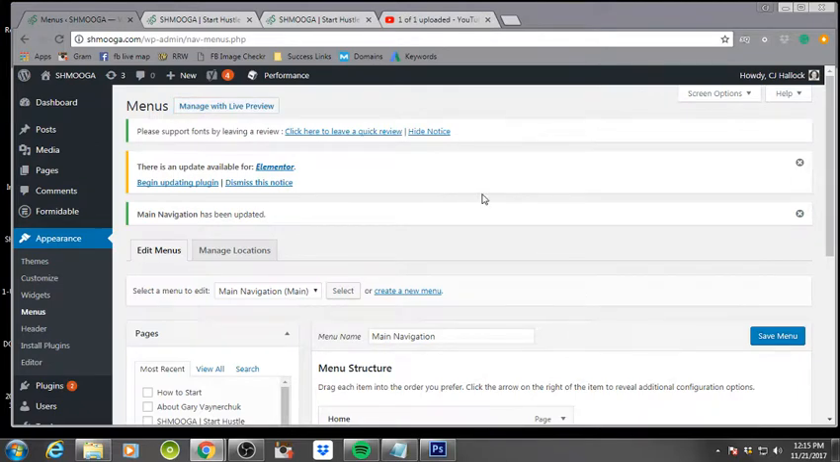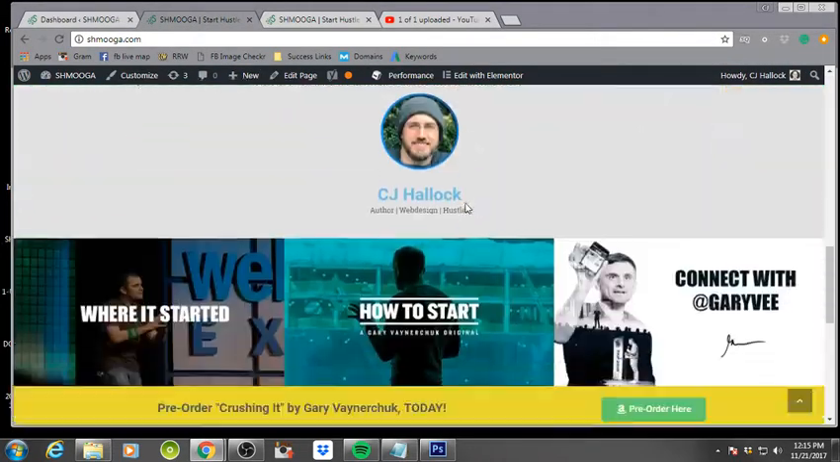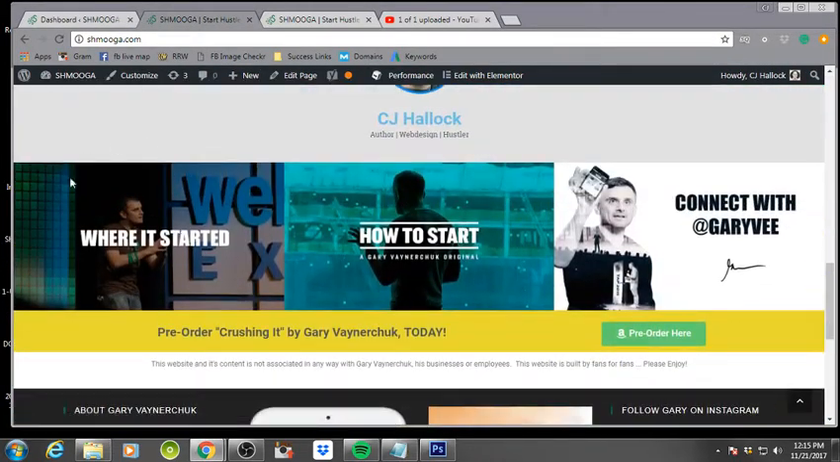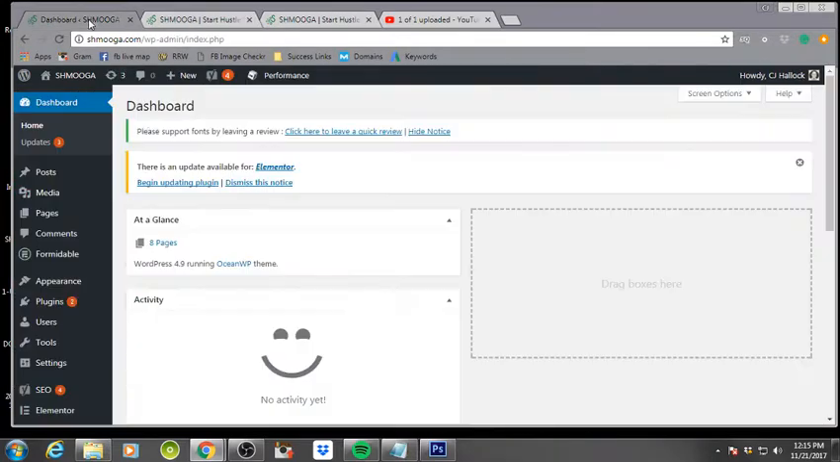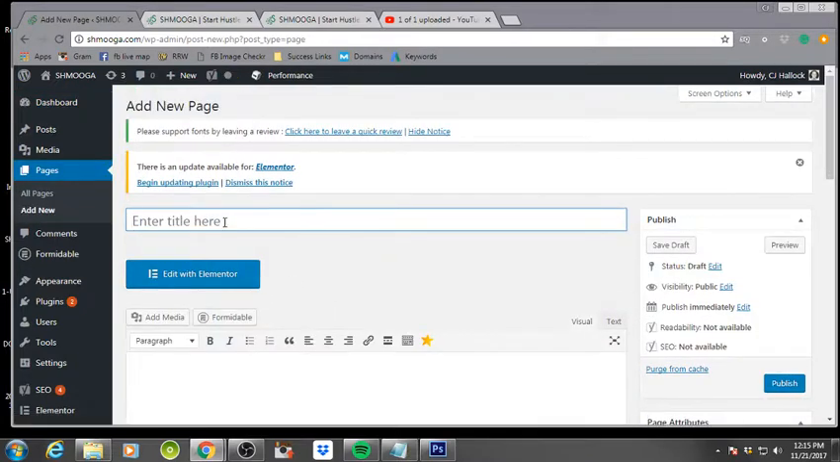So the next thing I'm going to do from the dashboard, I'm going to go ahead and go to dashboard so you can see the whole thing. So in the dashboard, the next thing is to work on the next page. So if you come down, it's the where it started page. So basically I'm going to come over to the dashboard, hover over pages and click add new. And then we're going to go ahead and